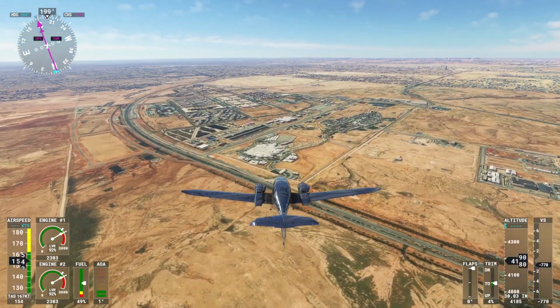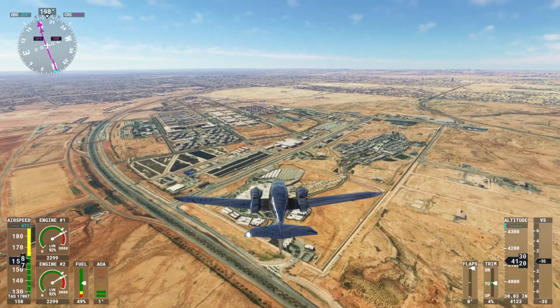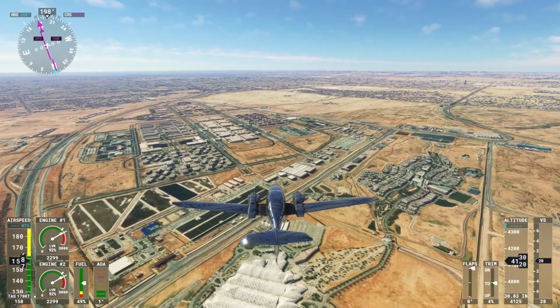This is a bit of a complex. What's going on here? I'm going to say it's industrial, but it might not actually be. It might be some kind of almost resort looking thing and a convention center. Maybe